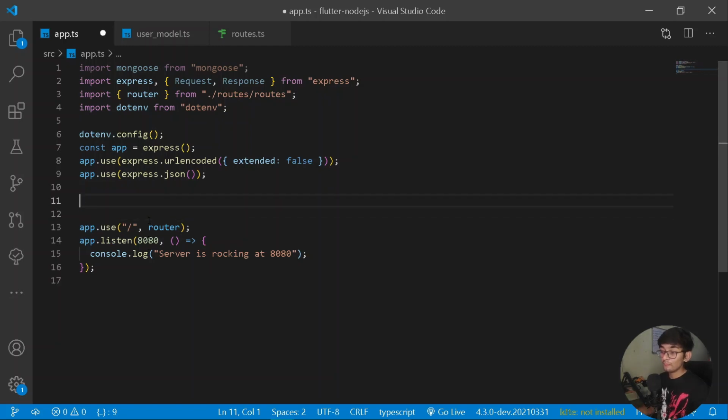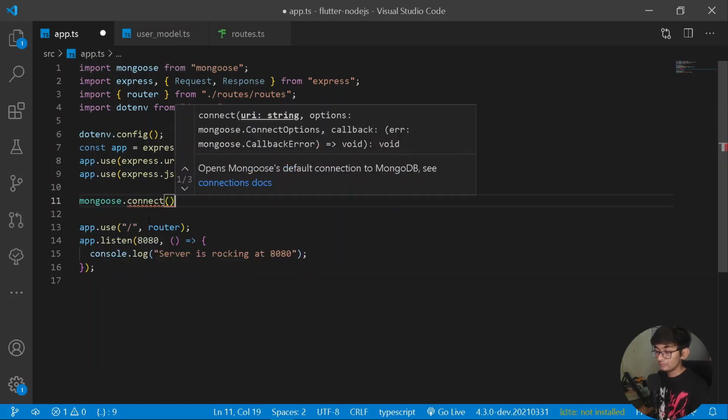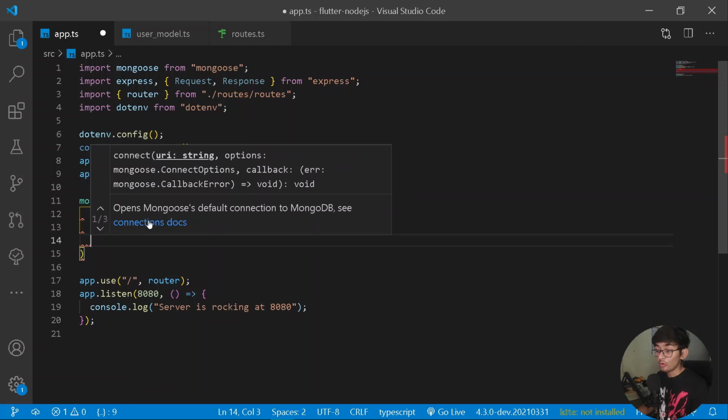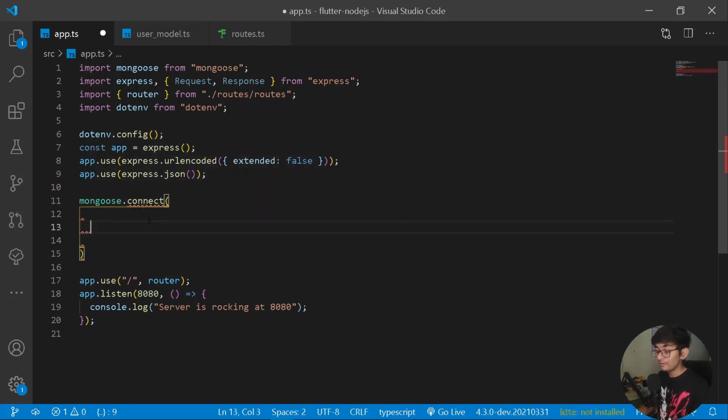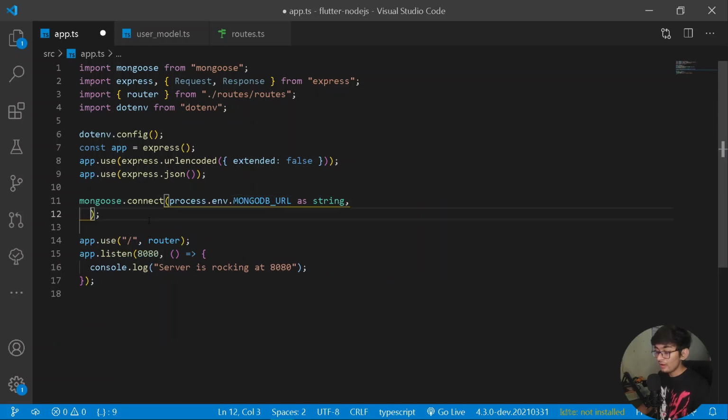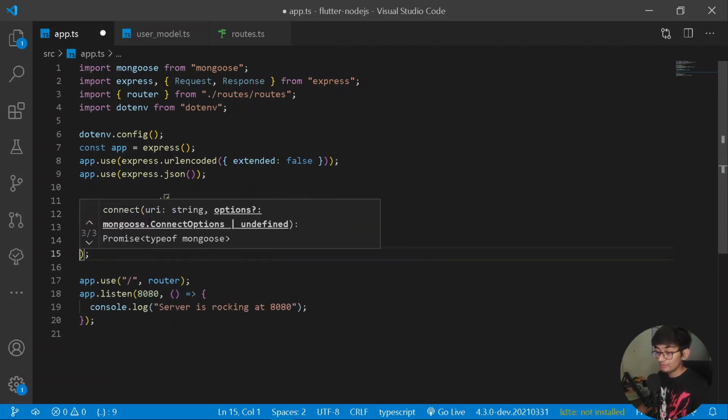But before posting all of our data, we need to configure our Mongoose. So for that purpose, let's add mongoose.connect, just as we did for connecting our MongoDB. So here under the connect method, first of all it will be requiring a process.env, and from this it will be requiring a MongoDB URL. The following URL shall be conducted under a string. So let's add here a parsing of a string, and after that it should be requiring two different arguments.